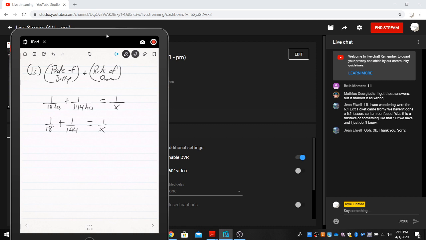I could clear the fractions, or I can just add 1 over 18 and 1 over 144. I end up with 1 over 16 equals 1 over x. I could cross multiply and get x equals 16. So if they worked together, they could get the job done in 16 straight hours,